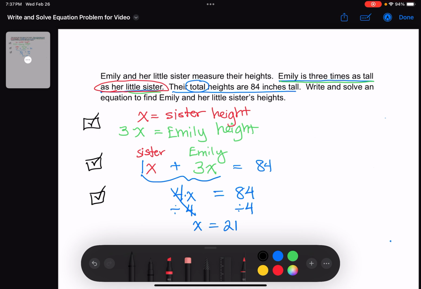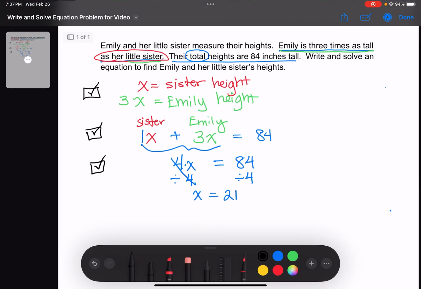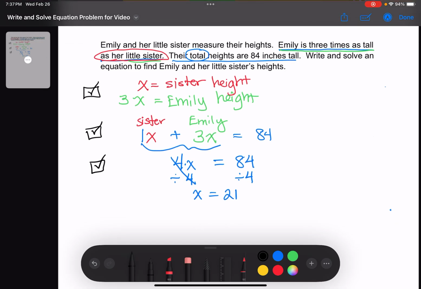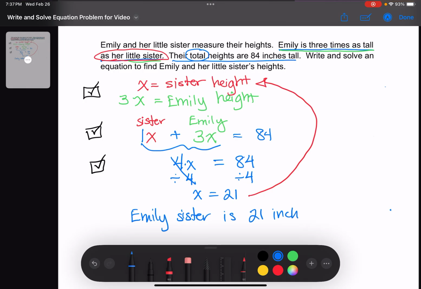Now our last step is to interpret what that means and write an answer statement. If x is 21, and originally we defined Emily's sister's height as x, we now know that Emily's sister's height is 21 inches tall. And we know that Emily's height